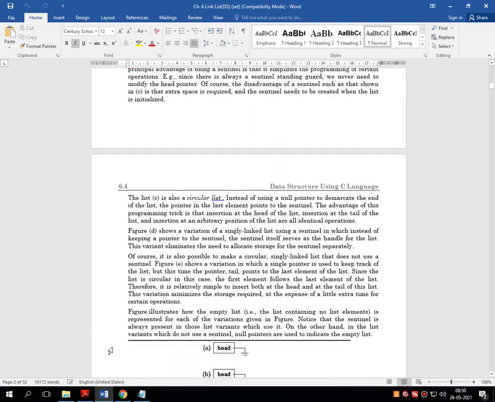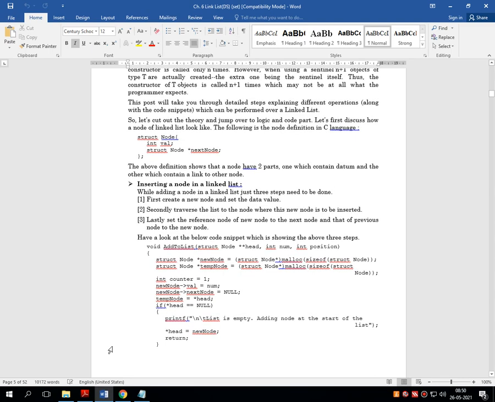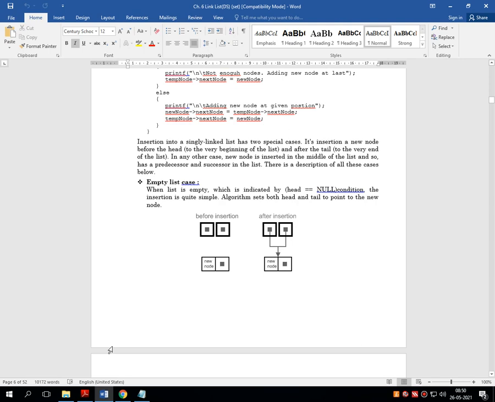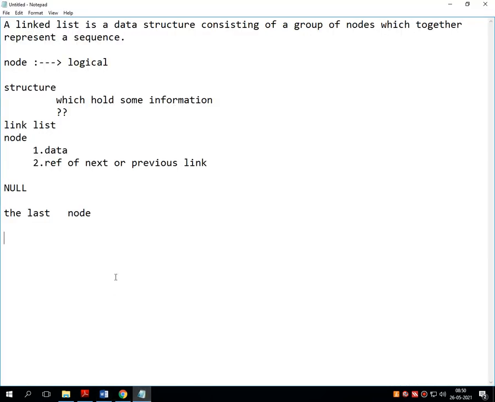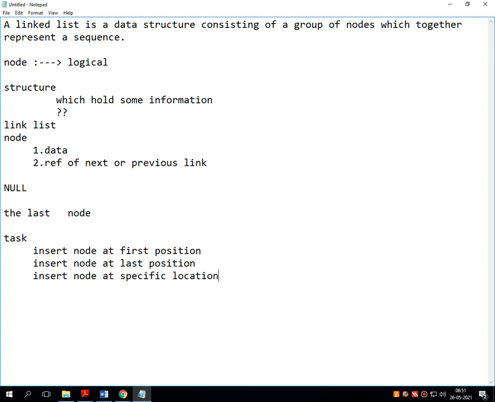The entire linked list is made up of various operations, where we have to perform basic tasks. The single linked list has basic tasks like insert node at first position, second, insert node at last position, insert node at a specific location, and insert node based on information.